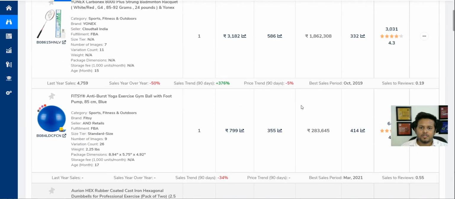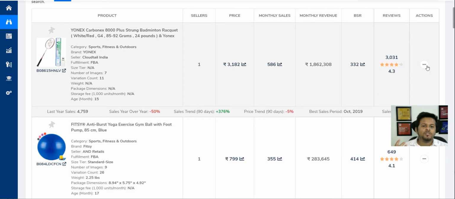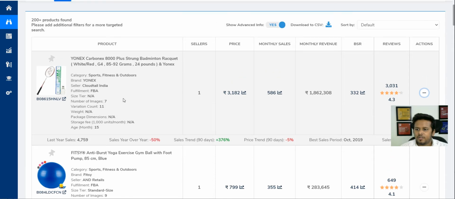And in case you like a product, or you want to check a particular product on Amazon, you can just click on the three dots and go to the product page on Amazon, right? So that's how you can do it, and you will get all the information related to a particular product here